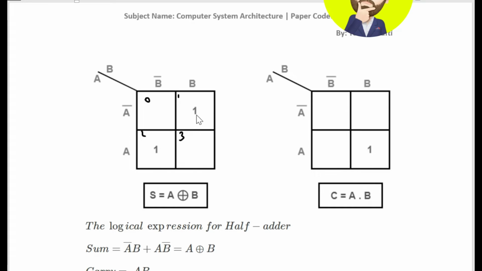तो पहले मैं इसकी expression लिखता हूँ। ये पहला वाला जो one है, so यहाँ पे अगर हम देखेंगे तो A dash है और यहाँ पे हम देखेंगे B है, क्योंकि यहाँ पे कोई भी group नहीं बन रहा है, तो A dash B बन गया हमारा। फिर plus operator लगाएंगे और फिर next वाला हम value चेक करेंगे। तो यहाँ पे value है A और B की value है B dash, तो A and B dash, जिसको हम लिख सकते हैं A plus B dash के form में। अब आगे बढ़ते हैं और carry का देखते हैं।